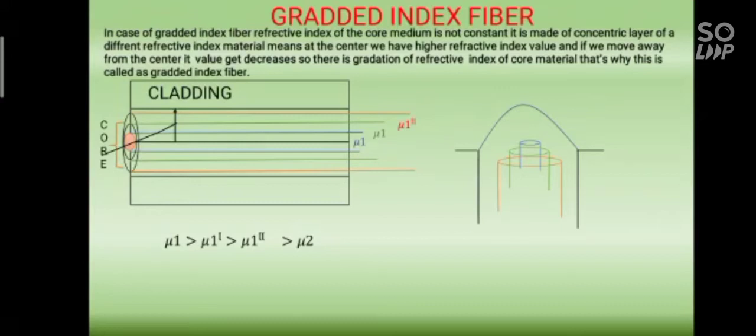Now, it will come into contact with the second concentric layer, which has a higher refractive index value than the third layer. Hence, again it will move away from the normal. It means when it comes into contact with the third layer, it will move away from the normal. Now at this point, where the cladding starts, it will satisfy the condition of total internal reflection and come back to the first medium. So in this way, the ray travels in the optical fiber.